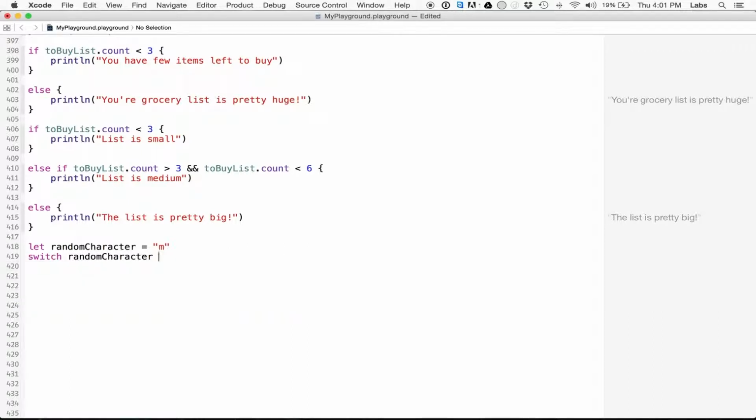Let's switch on the random character and let's compare this random character to A, E, I, O, and U, colon, and we'll say println vowel,